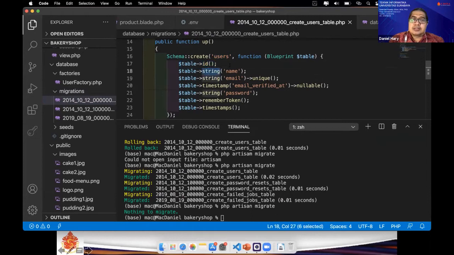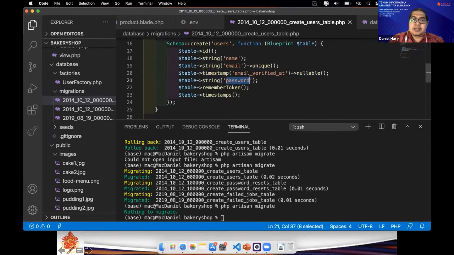This one is for adding a new field, called name, and then email, unique, meaning it must be unique for every row in the users table. There's a timestamp for email verified, which can be nullable. Then string for the password, storing the password with a string data type. Then there is remember token and timestamps. This one will create some internal fields.